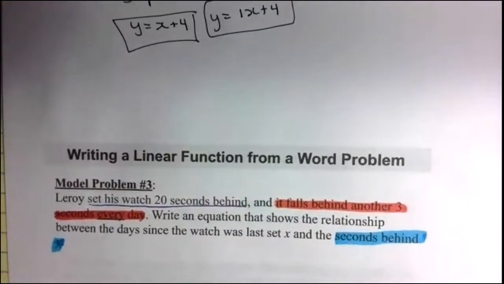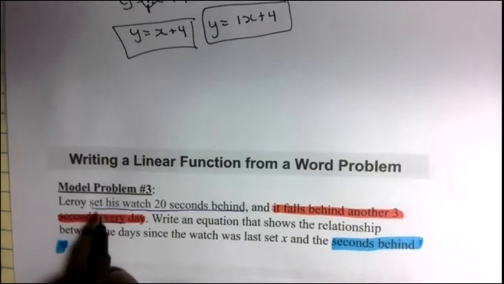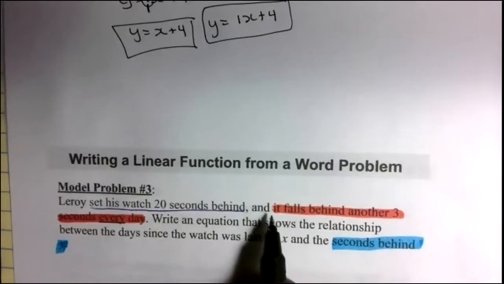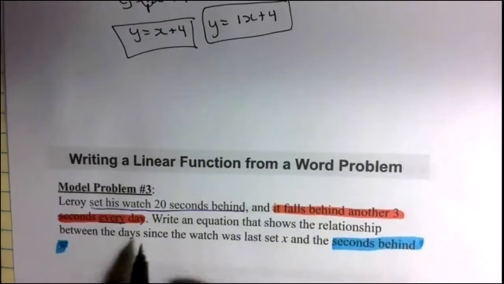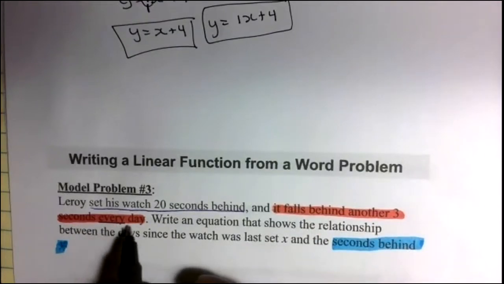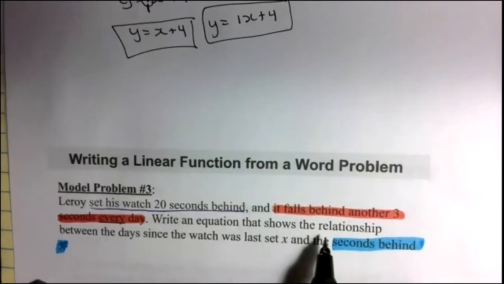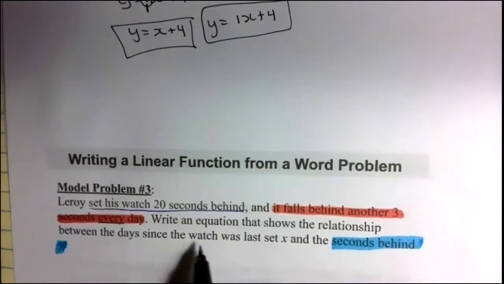Example 3 here. All right, so Leroy says he's 20 seconds behind, and it falls behind another 3 seconds every day. Keep in consideration the word "every" represents a slope. Write the equation that shows the relationship between the day since the watch was last set and the time it falls behind. So if Leroy says he's 20 seconds behind at the beginning, that represents our starting point,